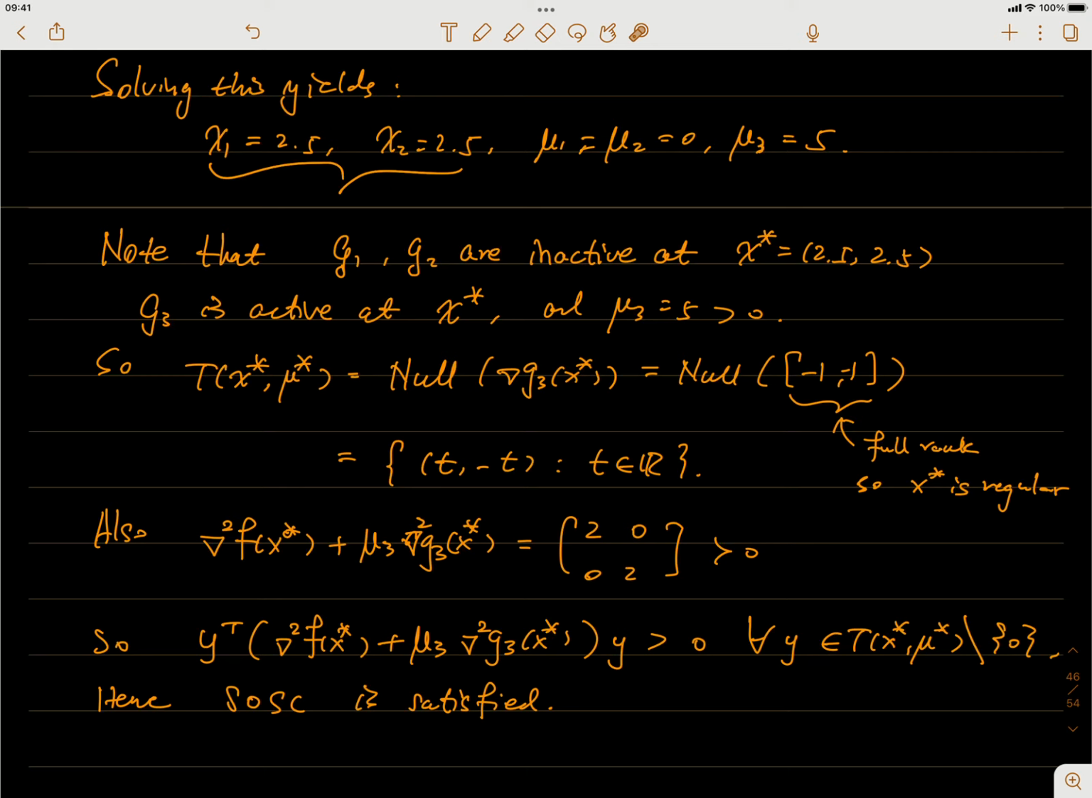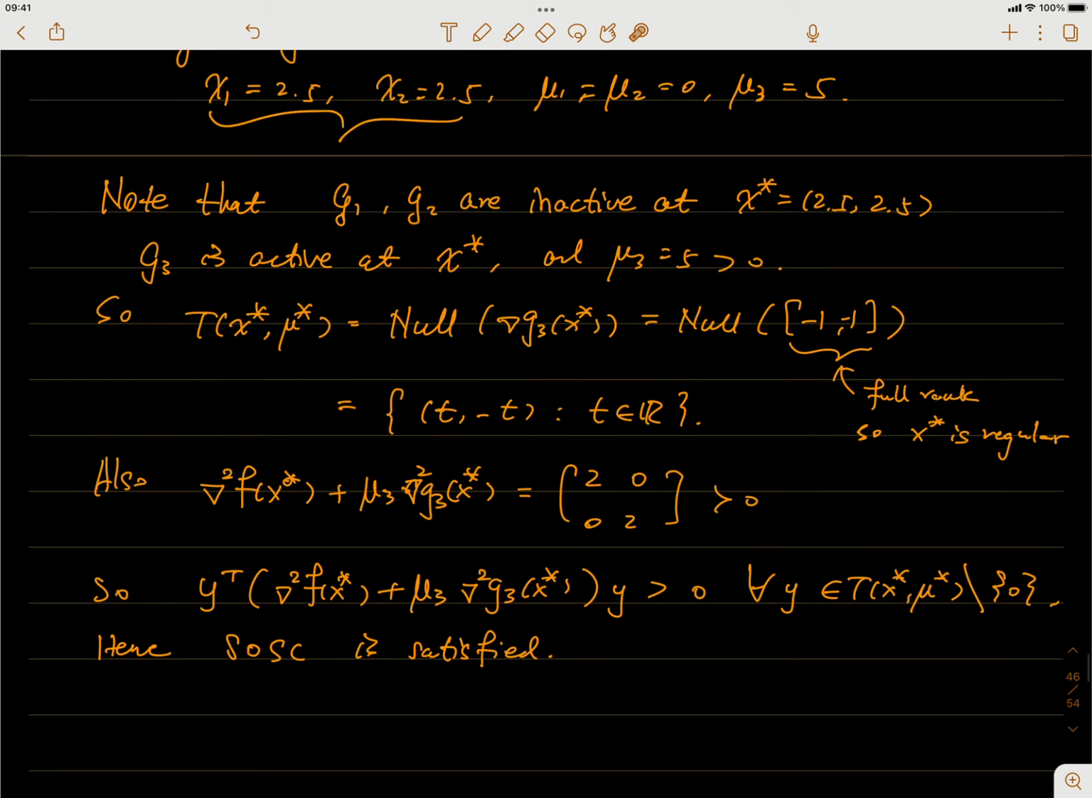Okay, so the G3, as we just computed, is just (-1, -1). Then apparently the null space of this will be all the vectors of the form (t, -t), where t could be any real number. Okay, that is the null space. So if we're going to check, we form this Hessian, or extended Hessian, that is